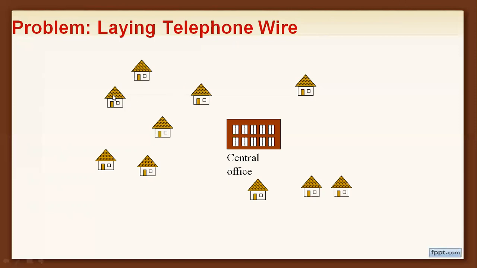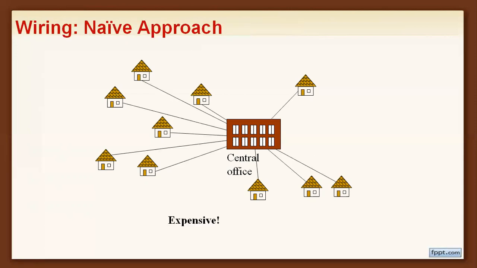So here consider the homes. These are different homes or offices. These homes or offices are to be considered as vertices or nodes, and this is one of the nodes that is called the central node. Find the shortest route from the central node to another node, which can be in the way of constructing a minimum cost spanning tree. If you construct it this way, you can connect the telephone wires by applying a naive approach. This is the simplest way, but the problem is it is very expensive.